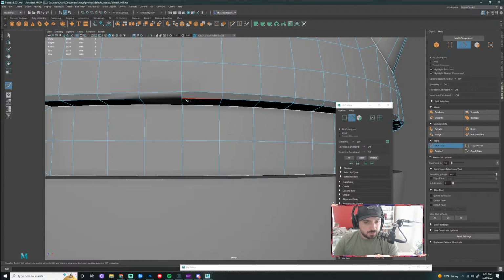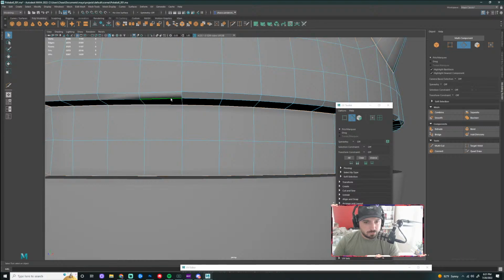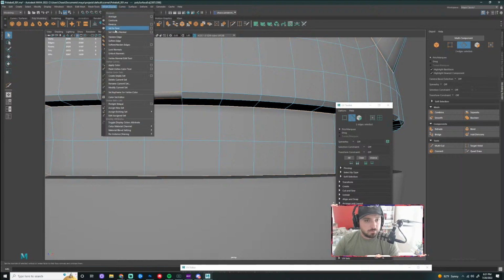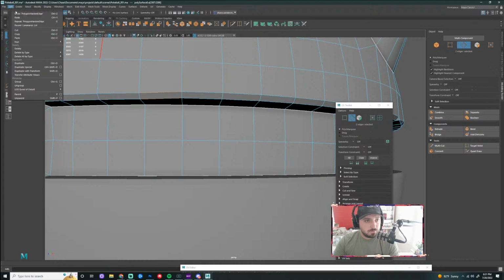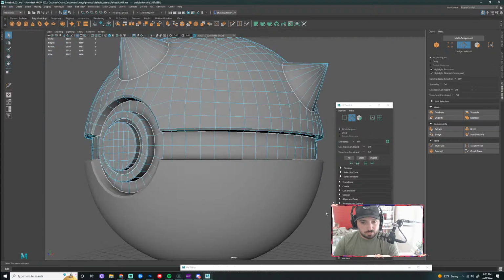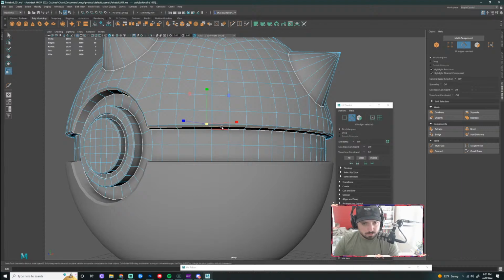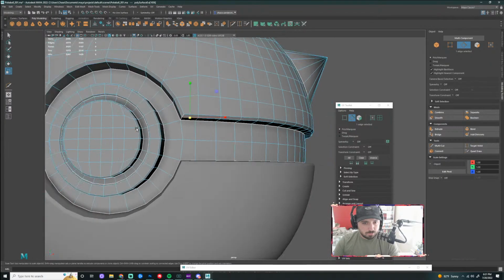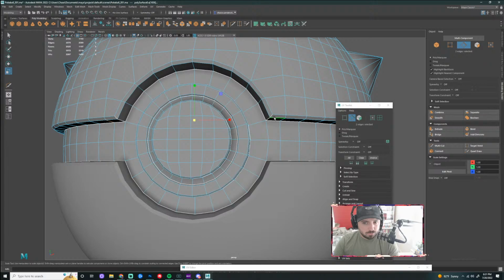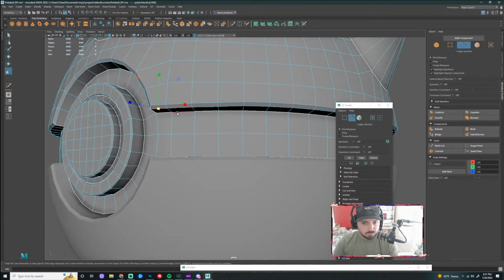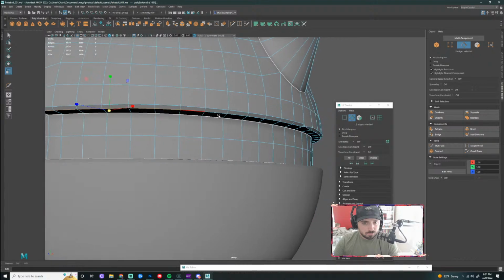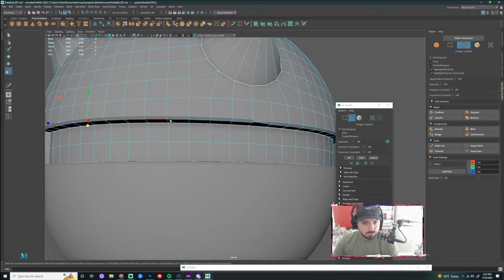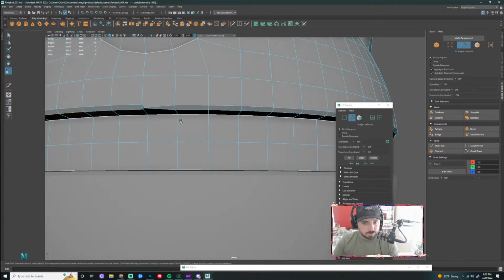Not sure why it broke right there. That's weird. Shouldn't be too bad to fix, but it's still annoying.